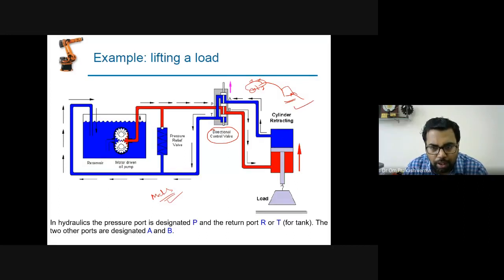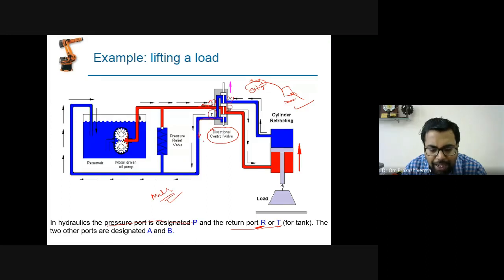So this is the direction control valve. In the direction control valve, we have different symbols, this spool valve. So P, T, A, B. P and T are the ports. This is the pressure port, P, and T, which is sometimes also represented as R. It is the return port or the tank, right? What does it mean? The pressure is going from this P, right? Pressure is transmitted from P, and on the return side it comes back from T.